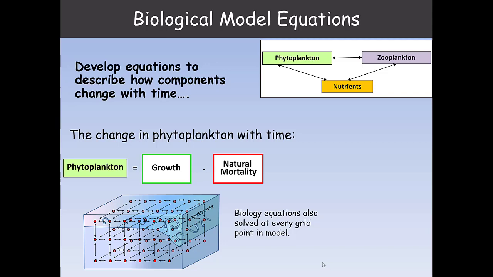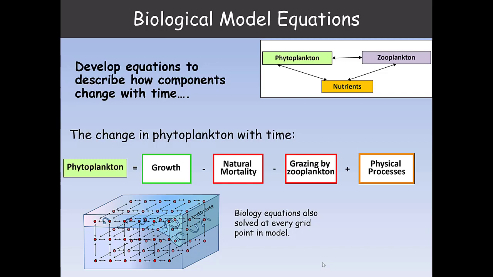Then we'd see losses due to natural mortality, due to grazing by the zooplankton, and then we'd also see changes due to physical processes. So there's a series of equations that are developed basically to describe the changes that we would see behind each of these categories here. And these equations would be applied at every one of the model grid cells. So just as the physical model would apply each equation at each one of these red dots throughout our model